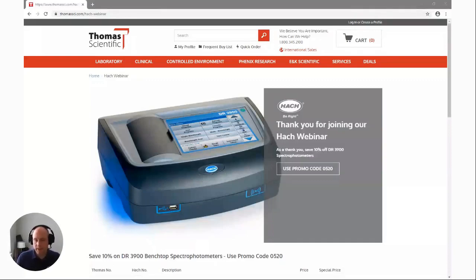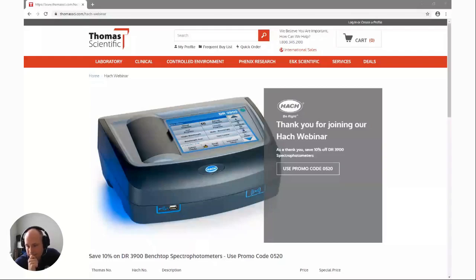I shouldn't even say 2 or 3. It's totally dependent on how frequently you run samples, so your return could be much quicker or much longer. Over time it will save you money to not have to dispose of all of these chemical reagents, and to not use as many reagents because you don't have to run a blank every time you run a sample. So there are savings on the reagents, savings on time, and a lot of advantages.